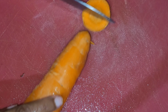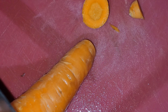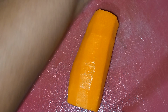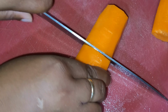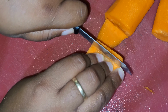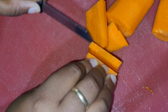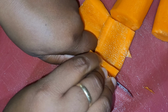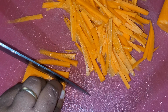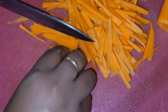So right now I am preparing my veggies. You just want to cut off the two ends and then peel it, and in true camera tricks fashion, I'm already back. So I'm going to be attempting to julienne my carrots. It's not a perfect julienne, but you know, it's very closely resembling. So this is the easiest way for me to achieve even enough cuts on my carrots. And yes, I'm sure you guys, my knife skills, I know a little thing or two,